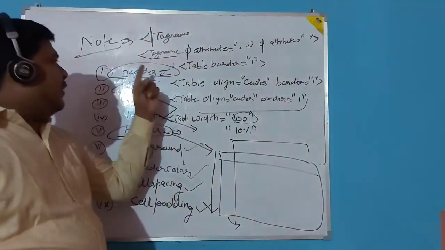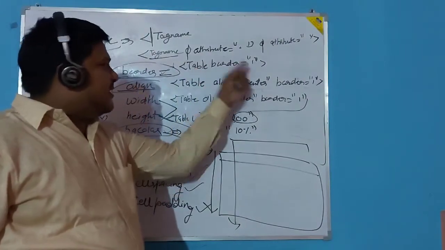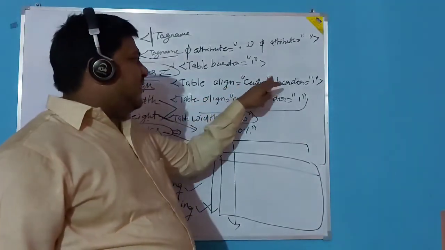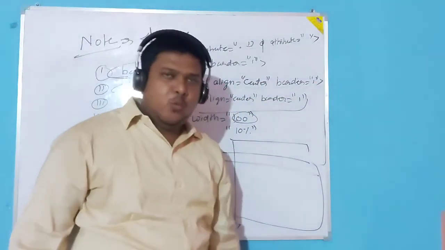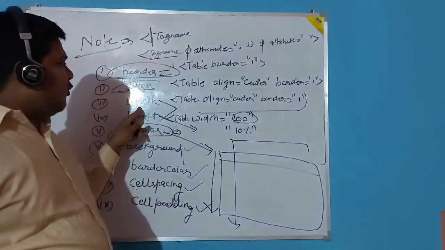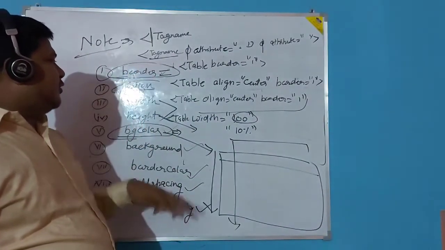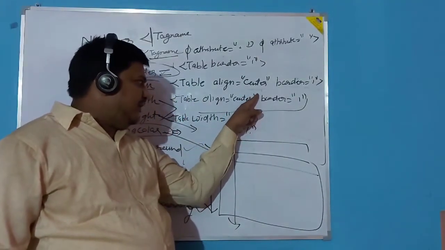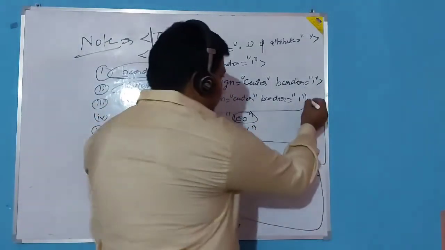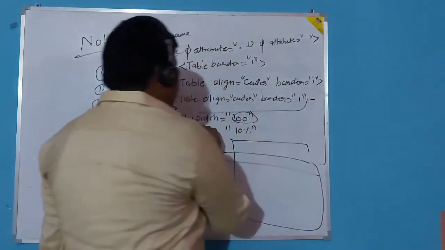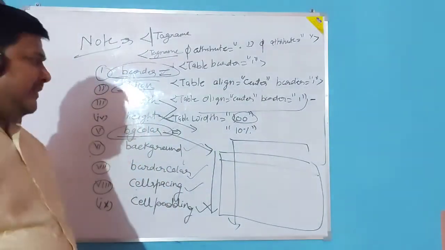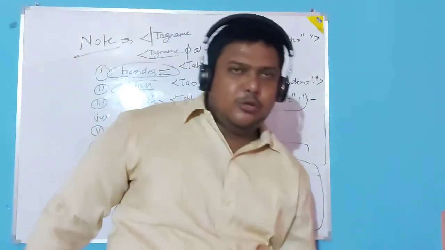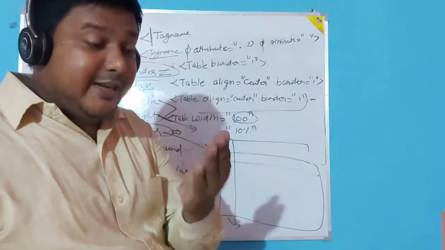Same way, if we are using only border, then table, border is equal to 1. With the attribute align, that means we have two attributes: align is equal to center, one space, bgcolor, border is equal to 1. Same here, if I want to use border, align and width, then table, one space, align, value, close, one space, border, value, and then after one space I will write width is equal to 100. Same for height, we have to give one space. These are the ways to represent more than one attribute in a single tag.